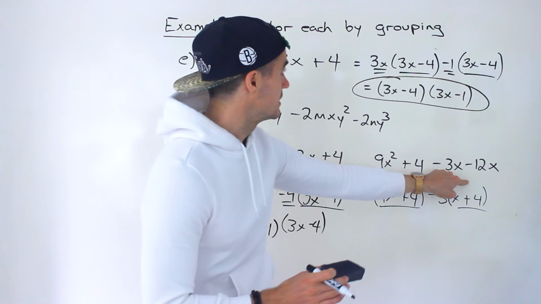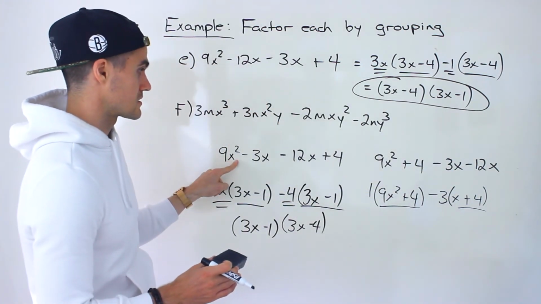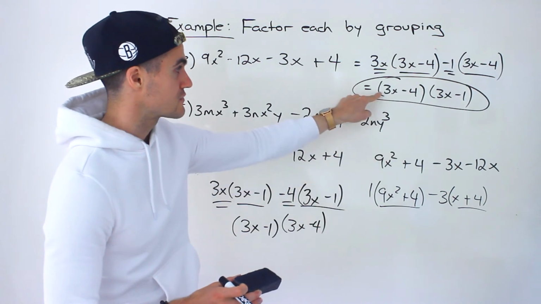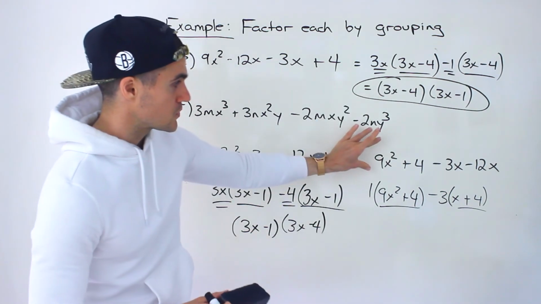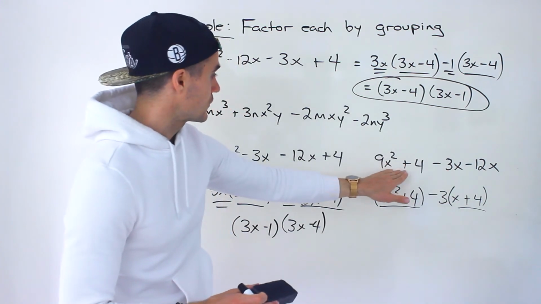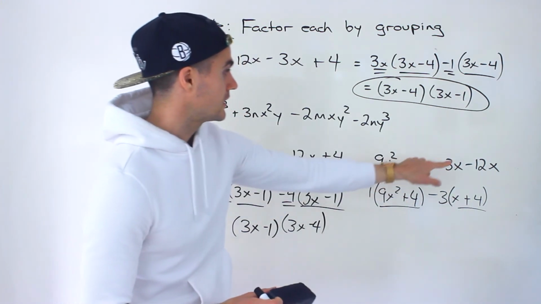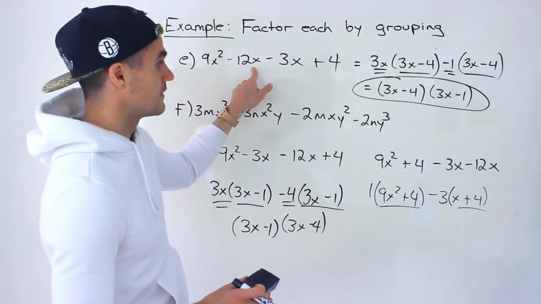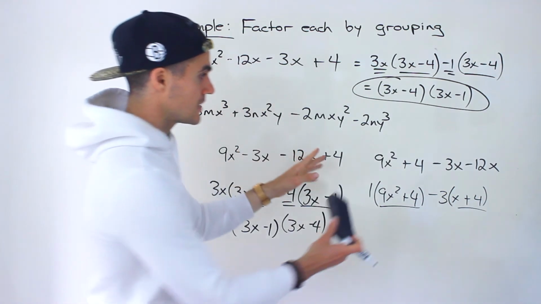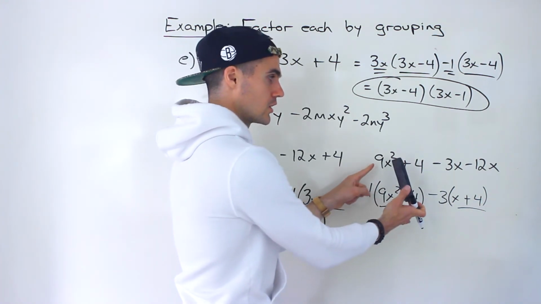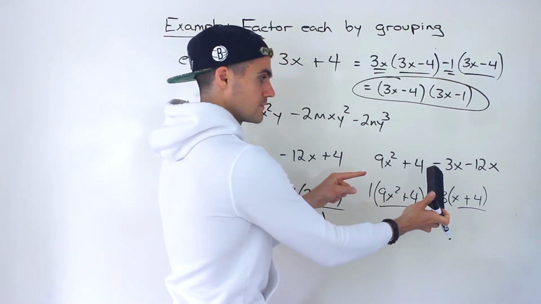because this is the exact same thing as this or this, right? And we know that both of these factor. So we know this definitely does factor into that. It's just we've got to rearrange it, bring the negative 3x over here to get it in this format, or bring the negative 12x over, or put it in this format. So sometimes, if something doesn't work initially, you've got to rearrange some stuff,